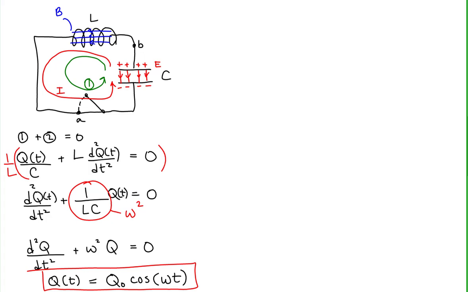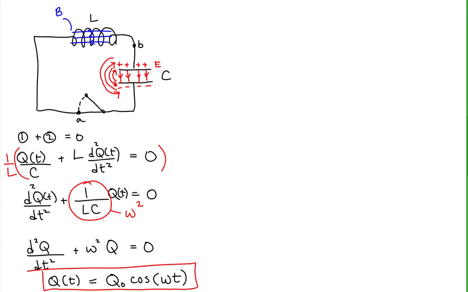That means the charge on the capacitor's plates oscillates. If the charge on the capacitor's plates oscillates, that means the positive charges start on the upper plate, circulate around to the negative plate, then once all the charge is accumulated on the negative plate, it goes back to the positive plate, then back to the negative plate, then back to the positive plate